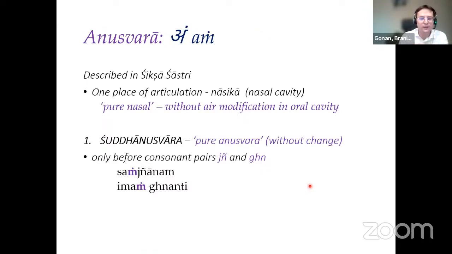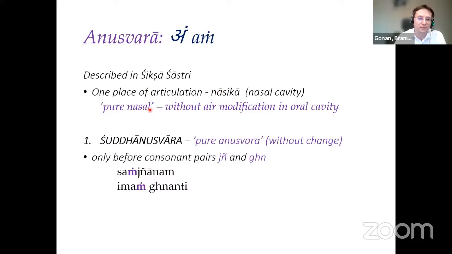So now we have finished those 6 limbs of Śikṣā, and there are, of course, a couple of special sounds with their own specific rules, and I'll try to briefly cover them, because this is something that we use not so often. First, a couple of changes of Anusvara. So Anusvara is this M with the dot, and Anusvara